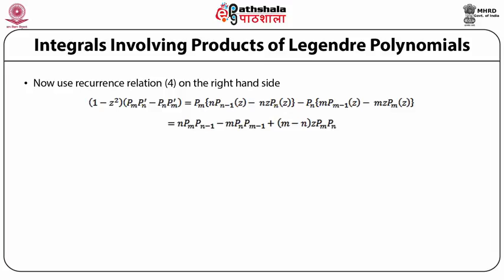This is equal to n into Pm Pn−1 minus m into Pm−1 Pn plus (m minus n)